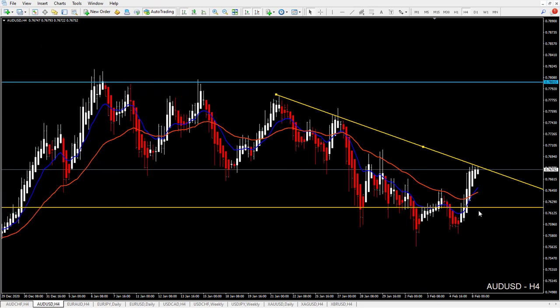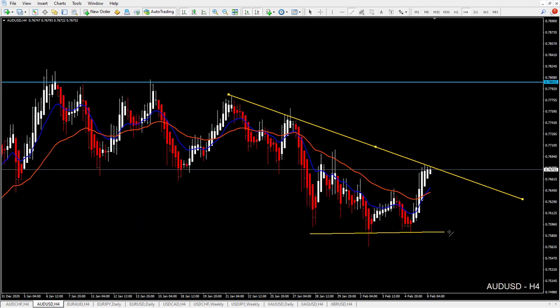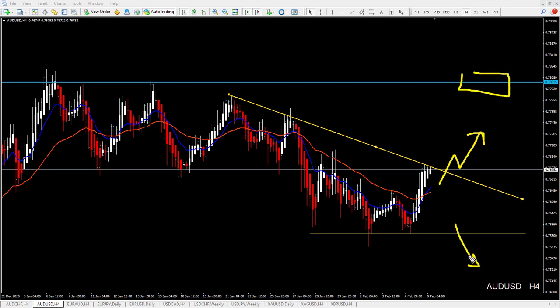This support we can adjust a little bit. Let me just delete this, and we will have another one. Right now we are stuck in this area. So the best way is to simply wait for a breakout of this area, and then look for buys here and target the resistance. Here look for sells and target the support from the daily chart, and then we trade in the bigger